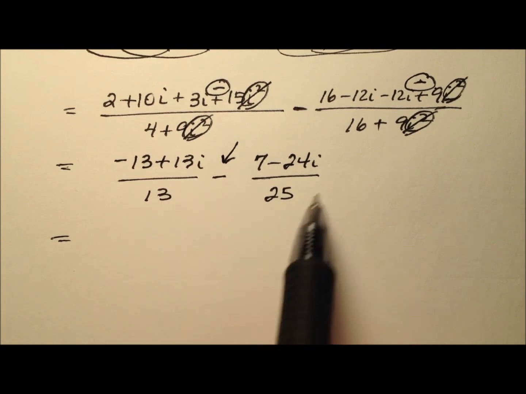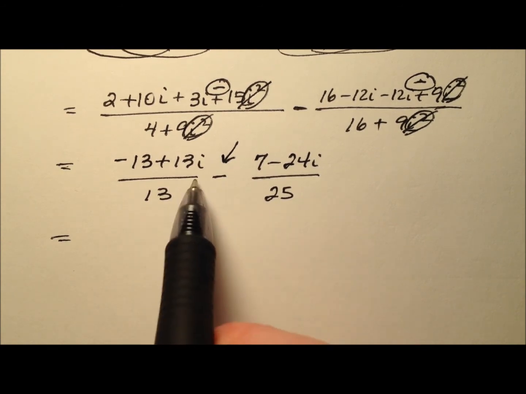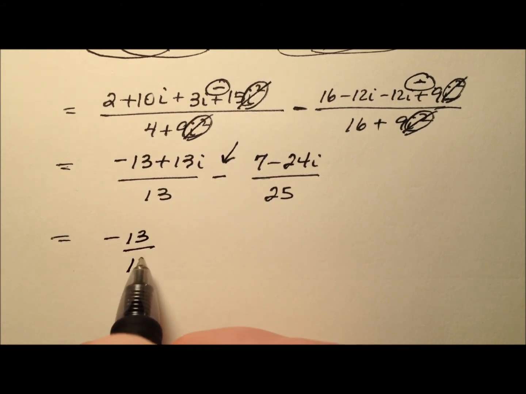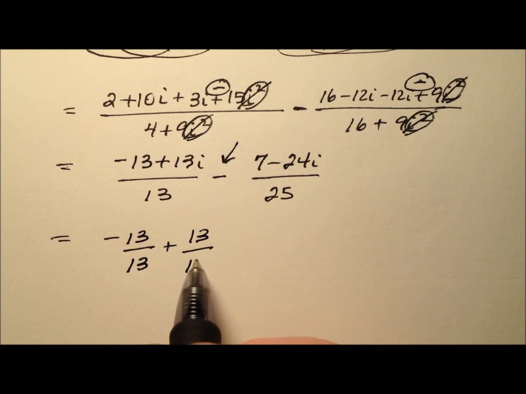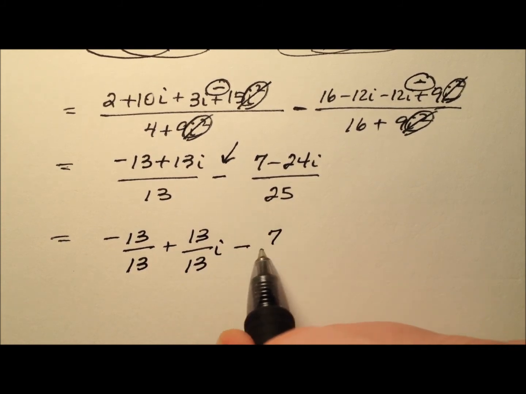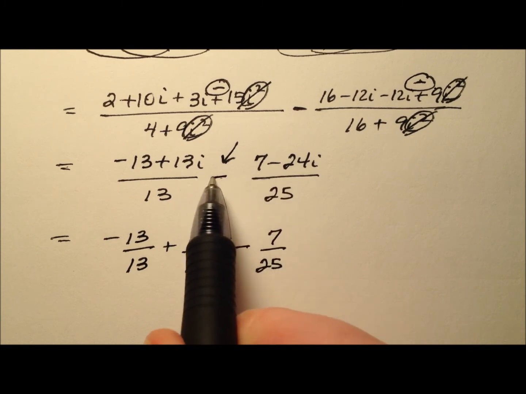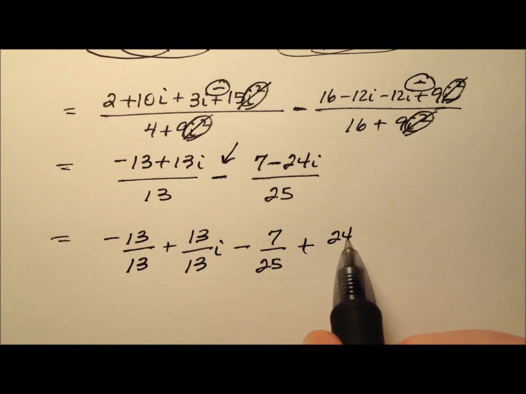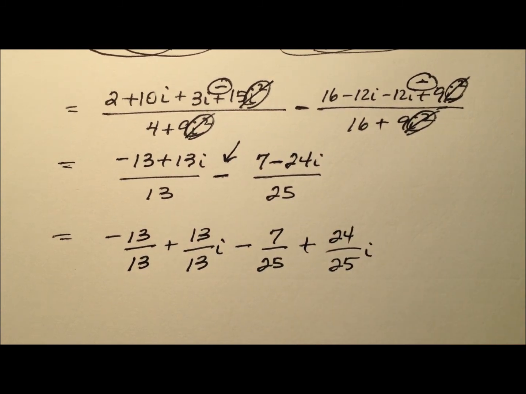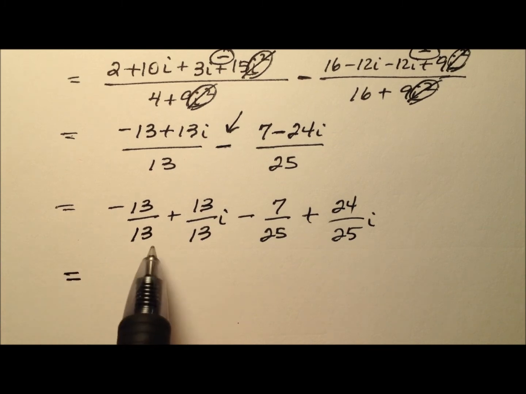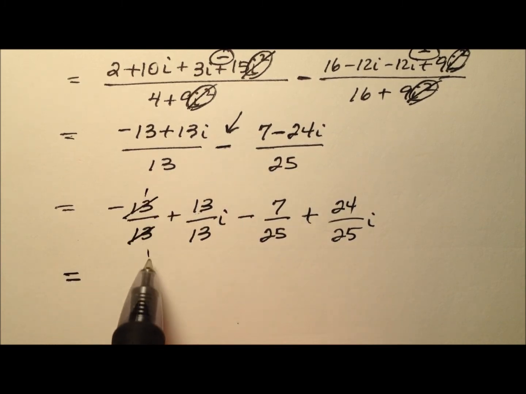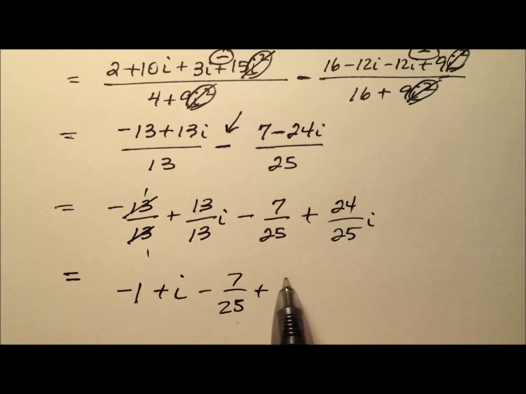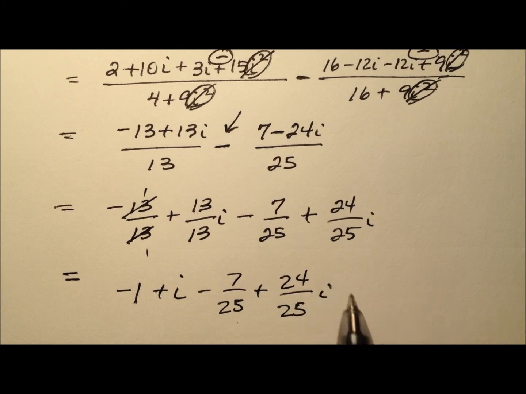Let's go ahead and write all of these things in a plus bi form first, so we can simplify a lot of stuff here. So this will end up being negative 13 over 13 plus 13 over 13i minus 7 over 25. And then since we're subtracting this fraction, this minus and this minus will end up being a plus sign. So that's where we are. And of course, nice things happen because this will become negative 1 plus i minus 7/25 and then plus 24/25